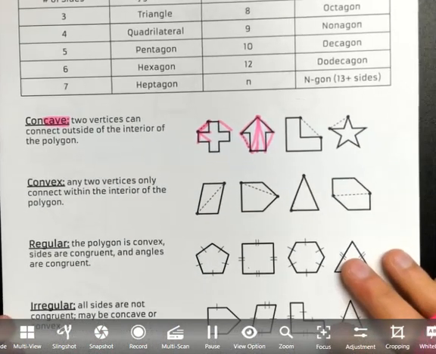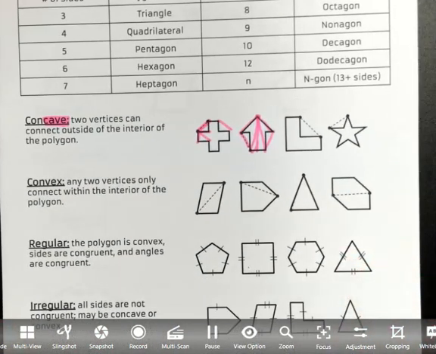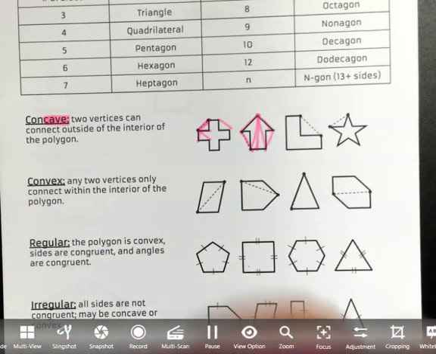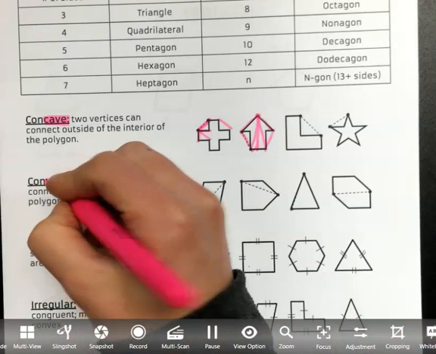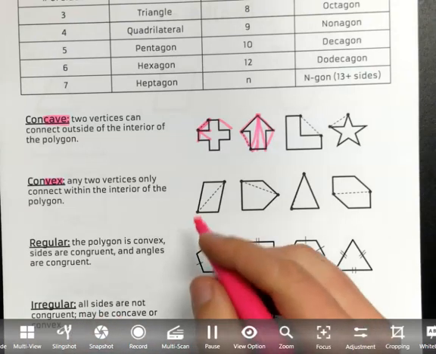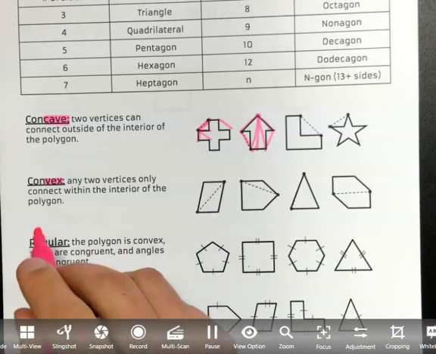All right, convex. This might be too much for some of you guys, but I've always remembered convex, it has the word vex in it, and I think of a pregnant lady, and a pregnant lady, because of all those hormones, can be vexed. So, bulges outward. Convex bulges outward. But more specifically,